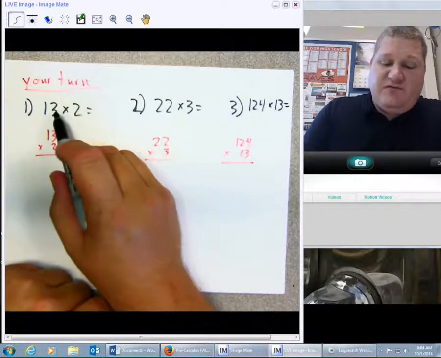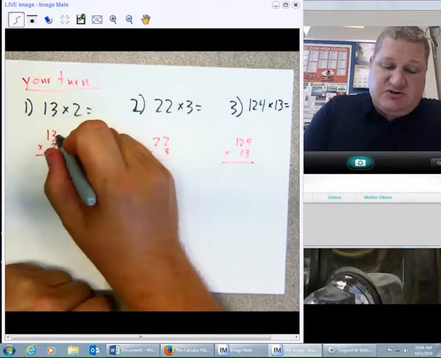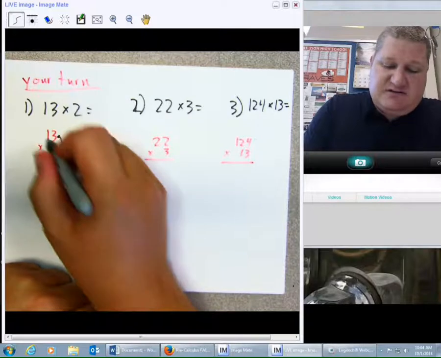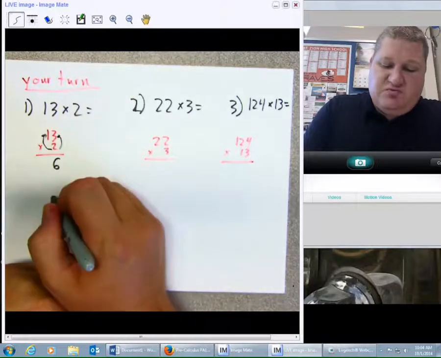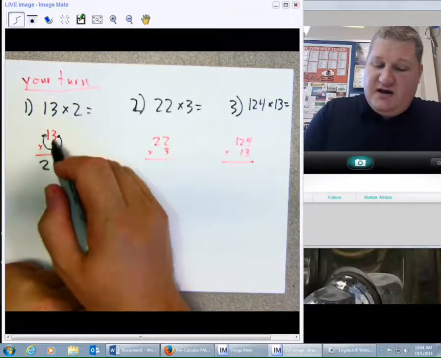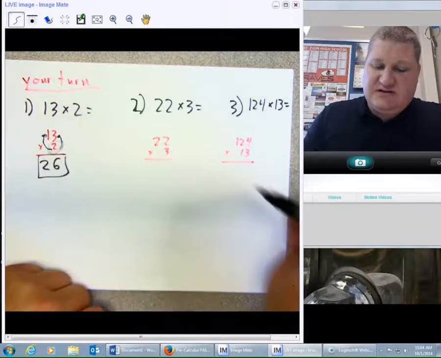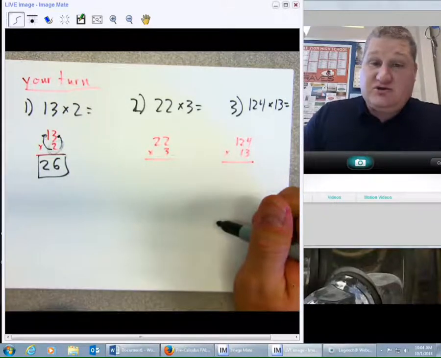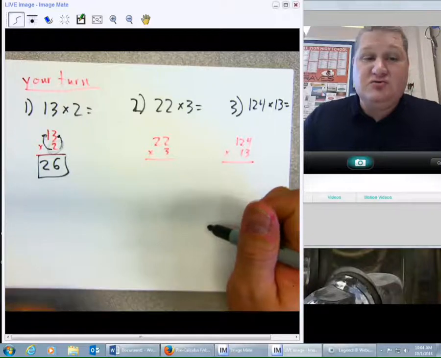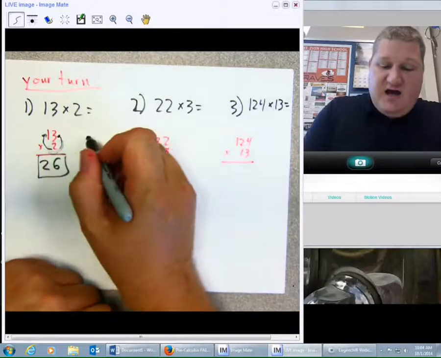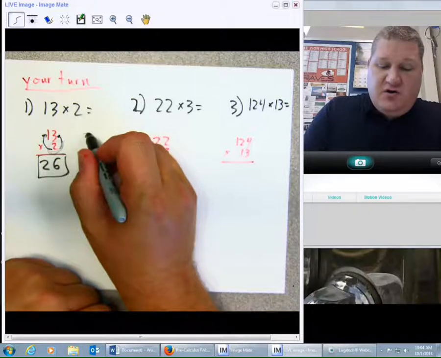I've gone ahead and stacked these up, and I'm going to say 2 times 3 is 6. 2 times 1 is 2. And I don't need to add anything up because I only had one number to begin with, so that's my answer. By the way, ladies and gentlemen, multiplication is commutative, which means if I have 13 rows of 2,